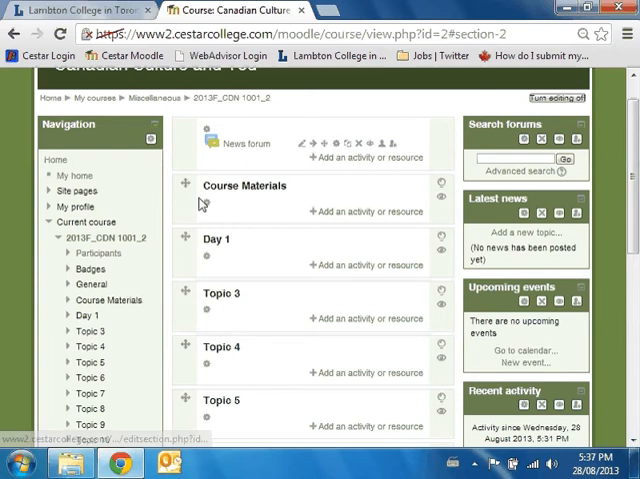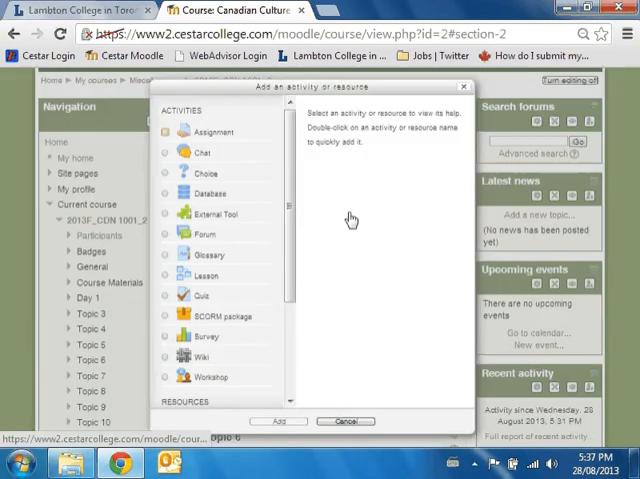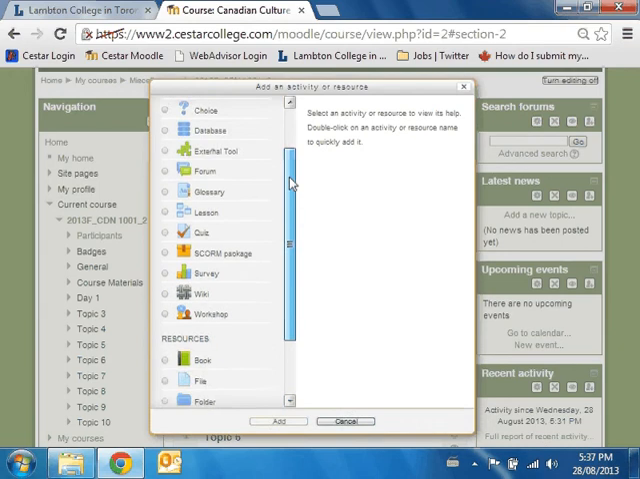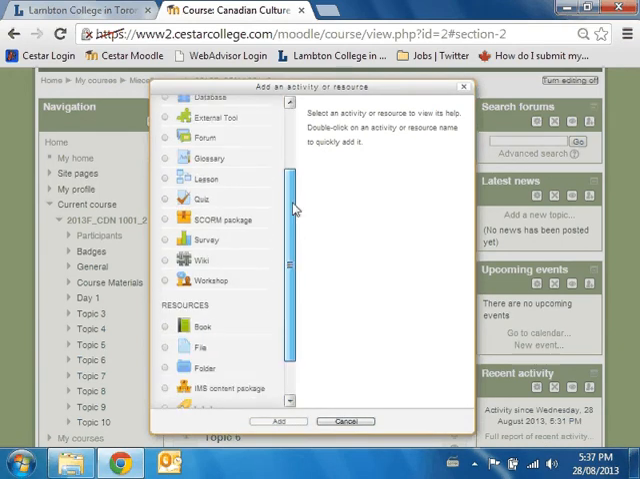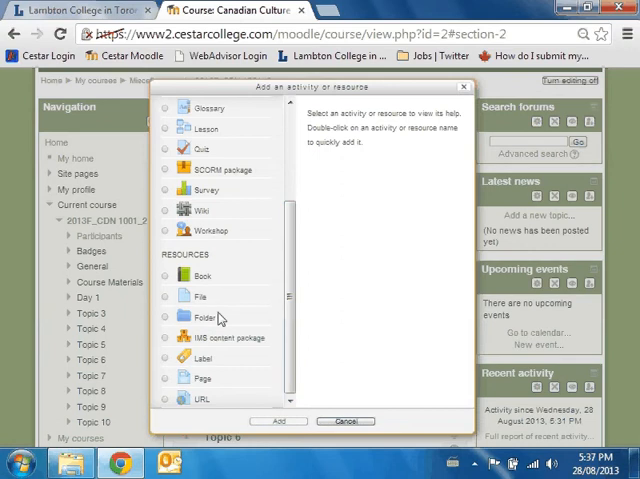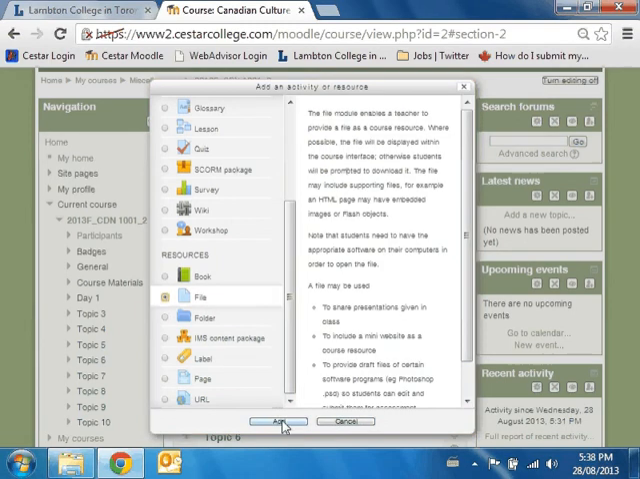Now we're going to add the course outline. So clicking on Add an Activity or Resource brings up a menu of different types of activities or resources that we can add or upload. Today we're going to upload a file, which is the course outline. Some people may want to use the folder option if there are a lot of materials being used in one particular module or day. This is just going to be the course outline by itself, so we're just going to use File, click Add,